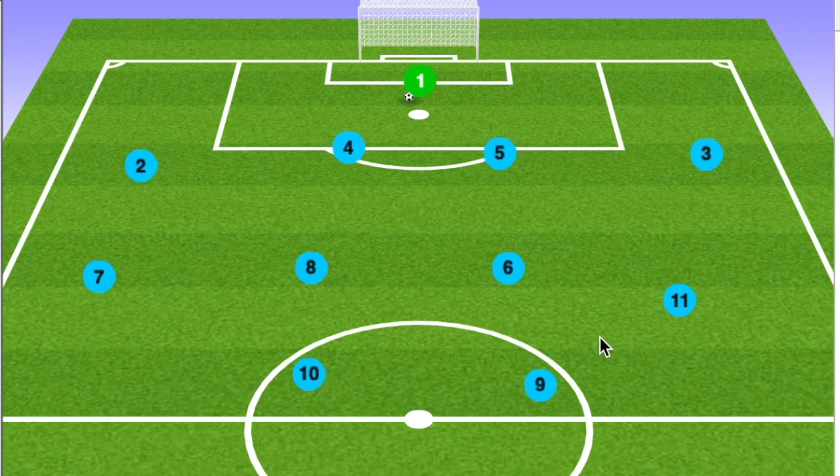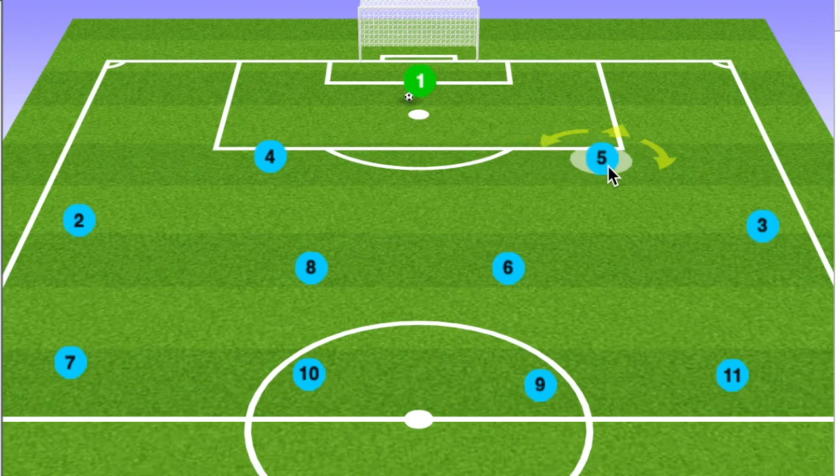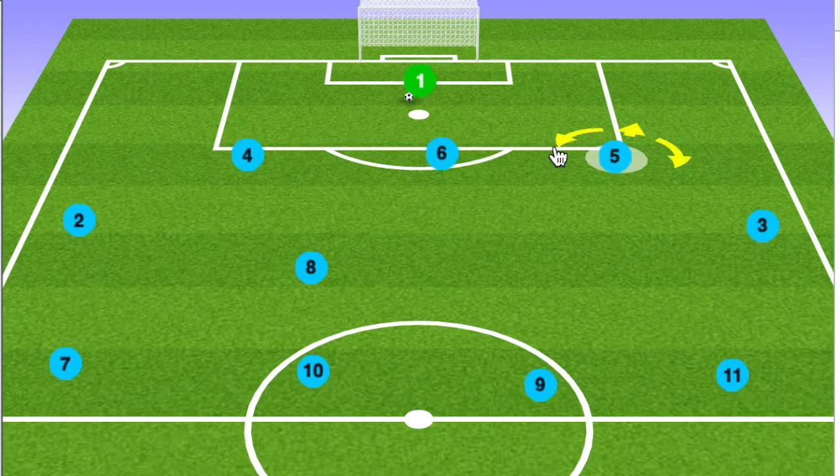So if we have our number 7 and our number 11 go up higher, then this would allow our number 2 and our number 3 to get up higher. 4 and 5 can open up, and either our number 8 or our number 6 can tuck in between to essentially create